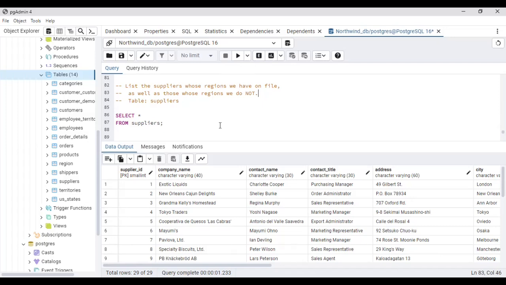Reading this problem again and analyzing it, now I realize that I only need to select all the regions in every supplier. That way I'm gonna list the ones that we have on file and the ones that we do not have on file. So this problem should be divided into two. List the suppliers whose regions we do not have on file. Do you understand what I'm saying? If I tell you list what we have and what we don't have, then you would just show me everything. However, if we divide this problem into two, which is what I'm gonna do,